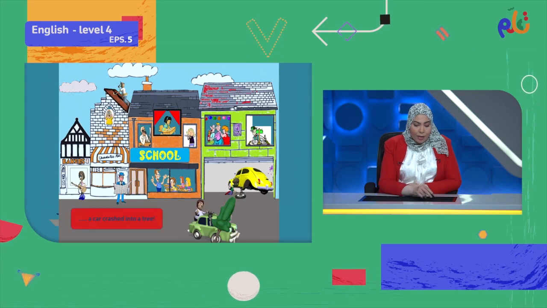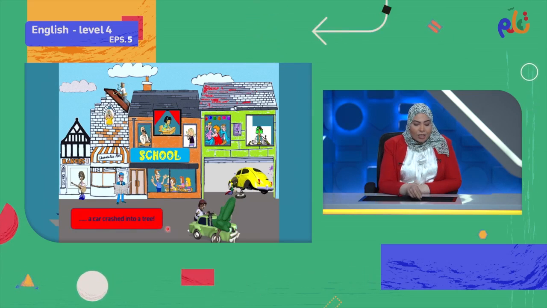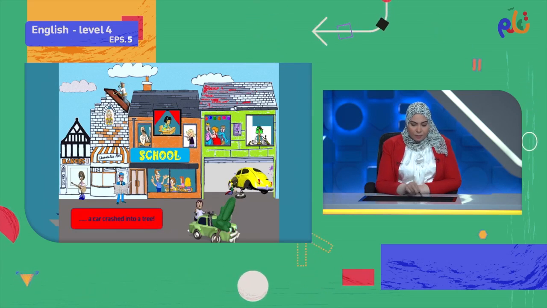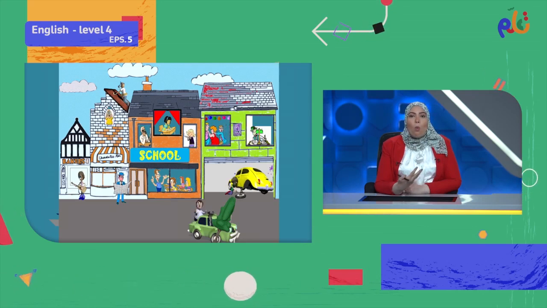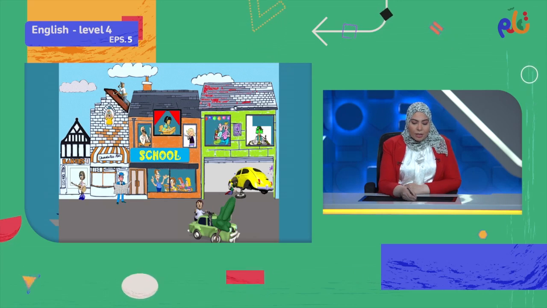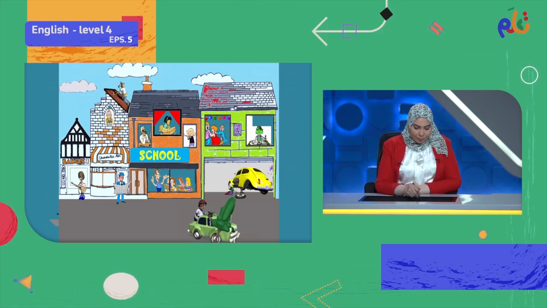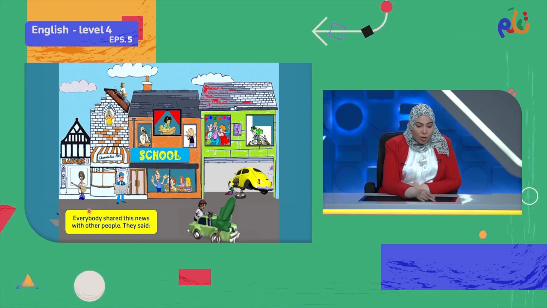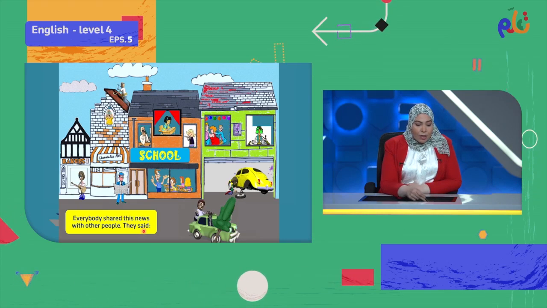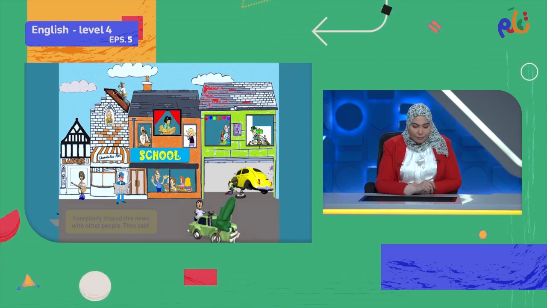So a car crashed into a tree. Everyone here is going to try to say what he was doing during this accident. So everybody shared their news with other people. So they said,